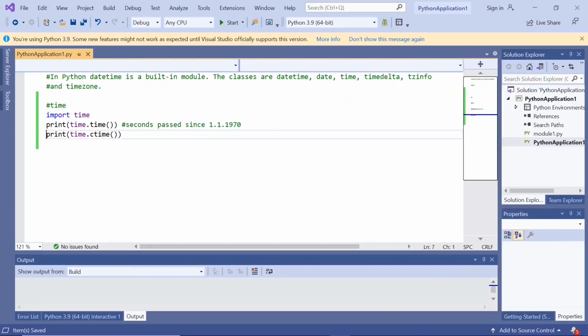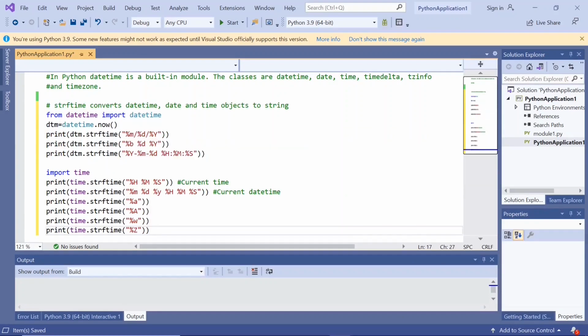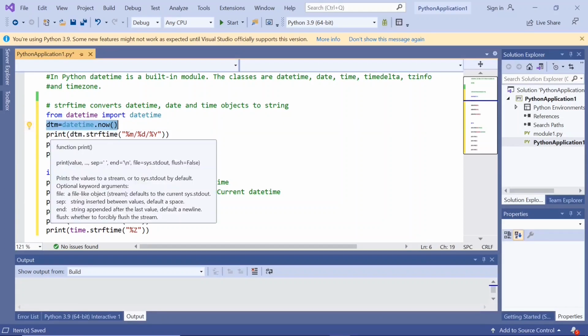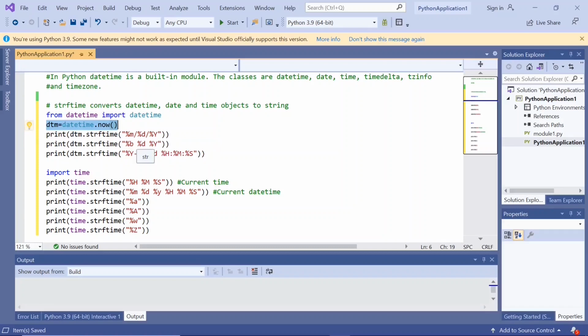Now let us look at strftime. Strftime converts datetime, date and time objects to strings. Let us import datetime from datetime. From datetime import datetime. We create a variable dtm equal to datetime.now, and we print this strftime with mdy, bdy, ymd, and hms.